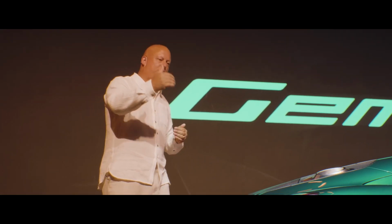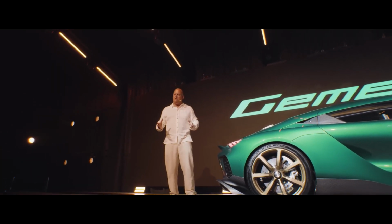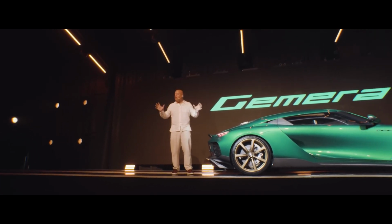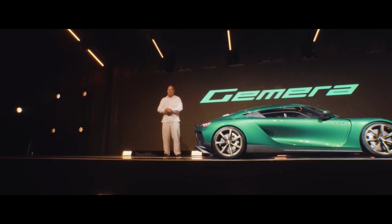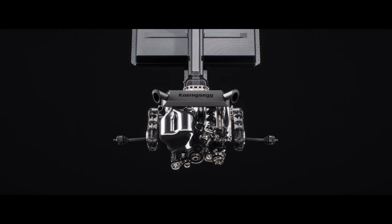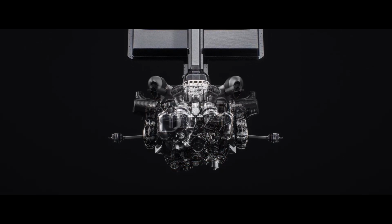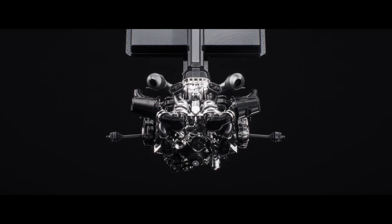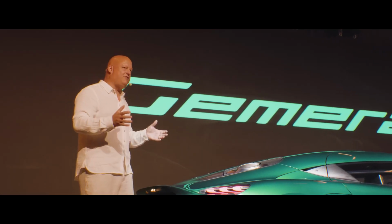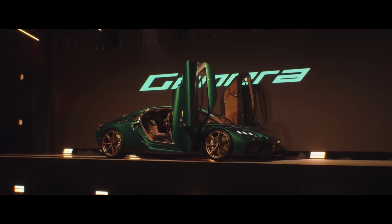It's like one thing leading to another, absorbing technology from the Jesko program and rewrapping the engine bay into something completely new to create just an unbelievable version of the Gemera. So we just could not unsee that. So now we have 2 versions. We have the 3-cylinder TFG with 1,400 horsepower, and we have the HV8 version, the hot V8 with 9-speed transmission, 4-wheel drive with 2,300 horsepower and 2,850 Newton meters of torque,